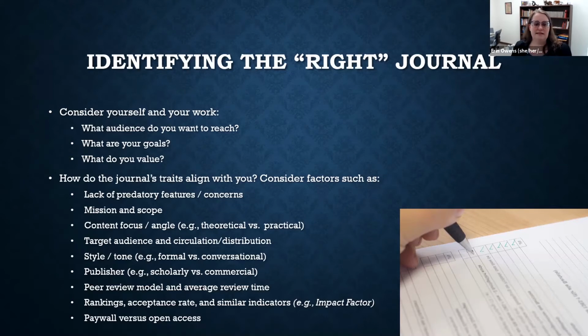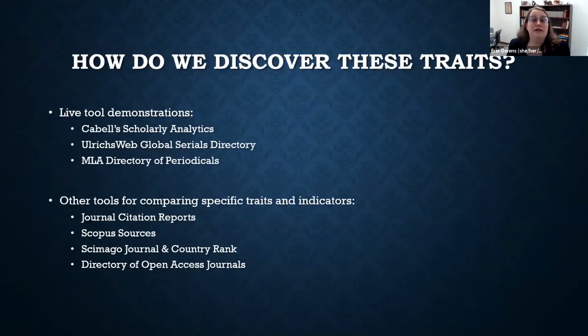So this gives us a sense of some of the traits we want to be looking for to choose a good journal. The next obvious question is, how do we discover those traits? How do we find a journal that we think is going to fit what we're looking for? What I'm going to do now is go through some very brief live demonstrations of a couple of these tools. I'm not going to go into a lot of detail because we are going to do some hands-on searching yourself as well. But I'm going to stop sharing my slides for a moment